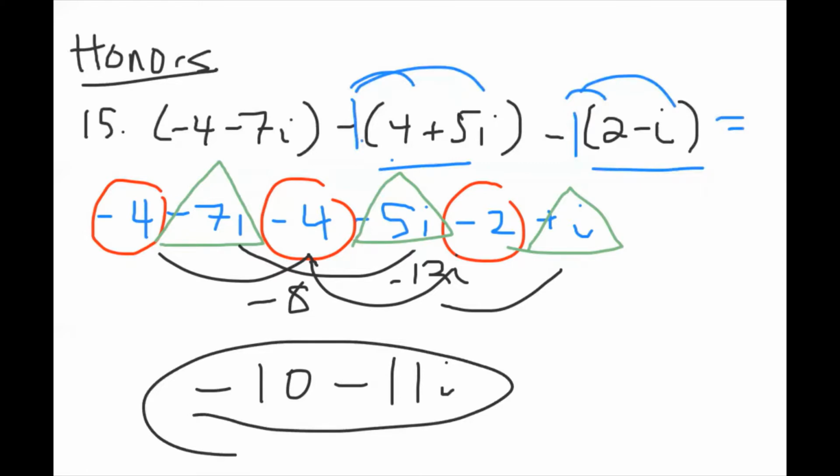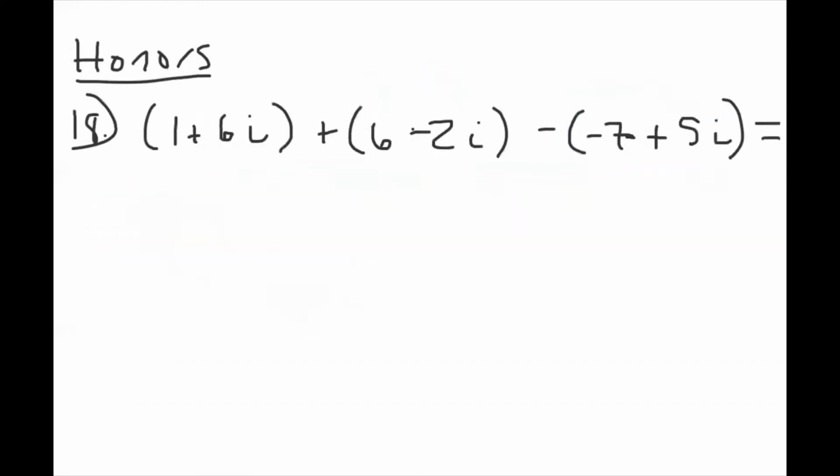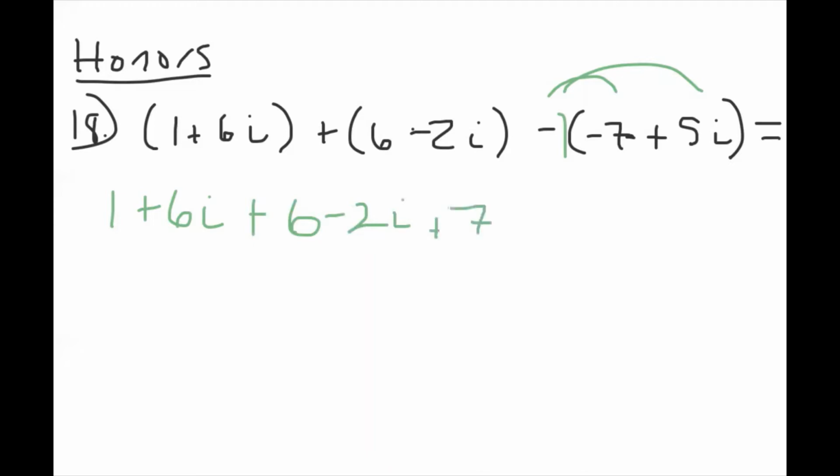One more example. This is question 18. Same thing. I'm going to start with pretending that's a negative 1 there. Well, you don't have to pretend, it is. And I'm going to distribute instead of trying to subtract. 1 plus 6i, it's okay if I drop the parentheses, plus 6 minus 2i, and then distribute that negative. So negative 1 times negative 7 is a positive 7, so plus 7, and then negative 1 times positive 5i